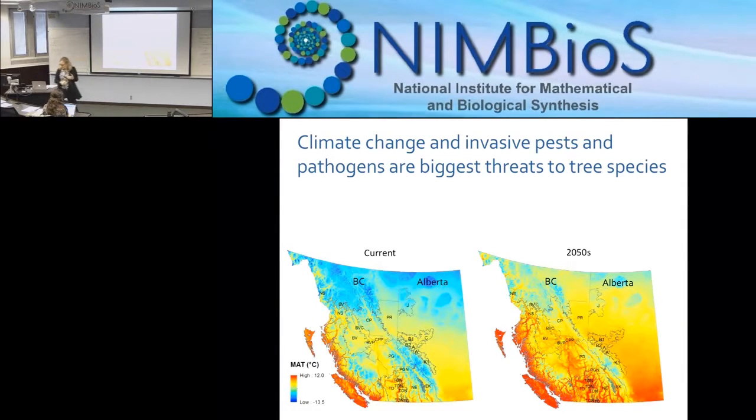Okay, so for reforestation, seed, this is just for one species, is managed within these zones because we're maintaining locally adapted populations. We use a different framework I'll talk about in a moment for the genetic conservation, but this is a distribution of, well, current, this was actually 1961 to 1990 climate normals, and this is a middle-of-the-road projection for 2050. So this is our major problem, is that we have populations that are adapted to historic climate and not